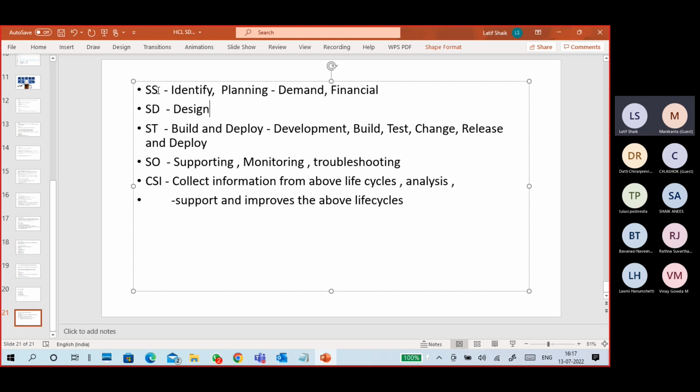So the simple point is, service strategy is all about identifying the business. What kind of business is it? What is the demand for the business? What do we have to provide for that business? For example, I'm in the cloth making business and now I want to make electric bikes. That is difficult, a completely different business, cloth making to electric bikes, right? But if I'm already in the electronics industry,